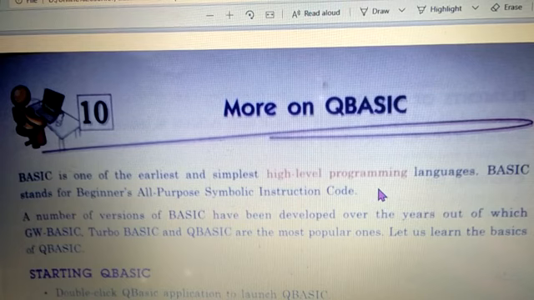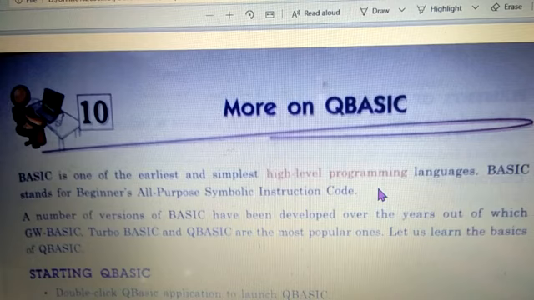And why do we use QBasic, children? QBasic is used to write, edit, debug and execute basic programs. It means we need QBasic to make simple programs, not very integrated, not very complex programs, but simple ones.